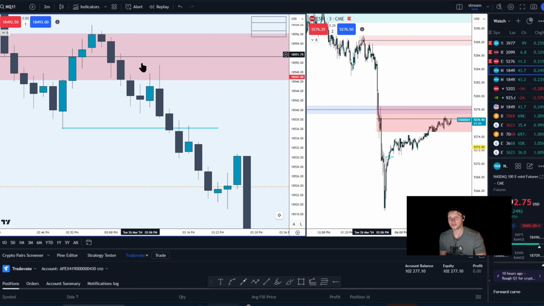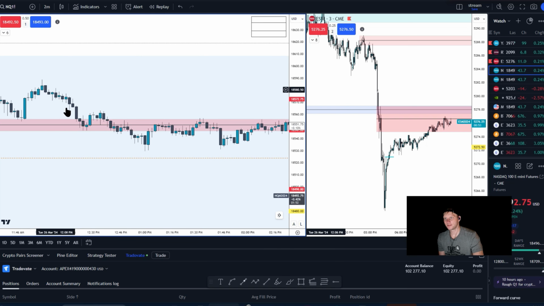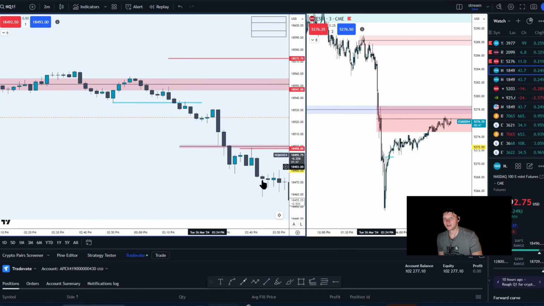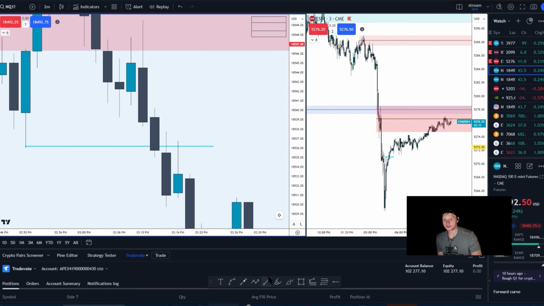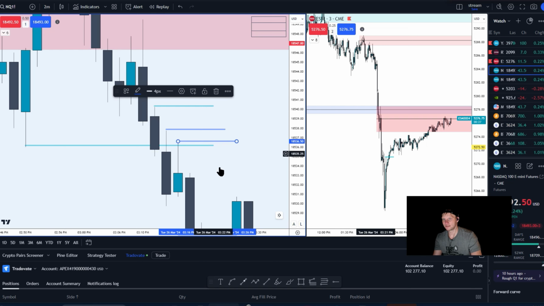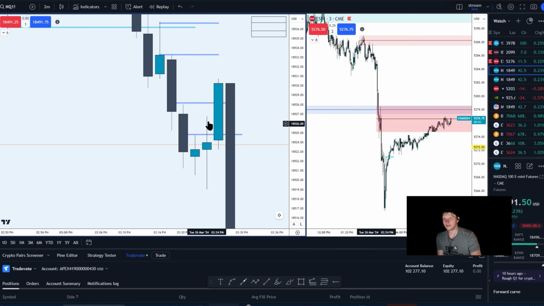price's language, right? So one time framing is the language of expansion. This is expansion. That's expansion. That's expansion. Took me a while, but I learned that this was the way. As you saw today, I will stay in the trade until the previous candle's high is violated. So nope, I would stay in. Nope, staying in. Nope, staying in. All right, and then there I would exit.